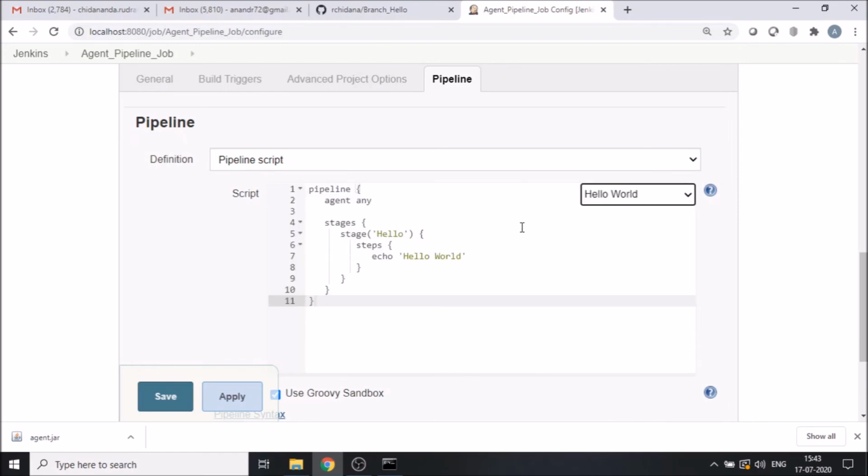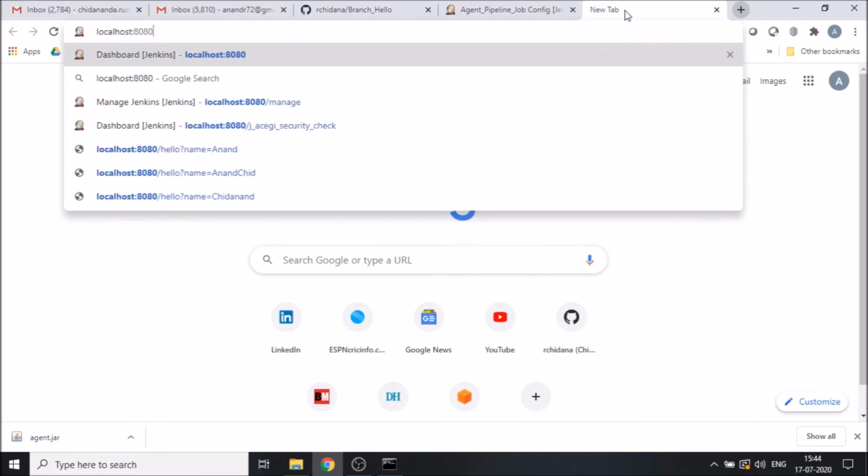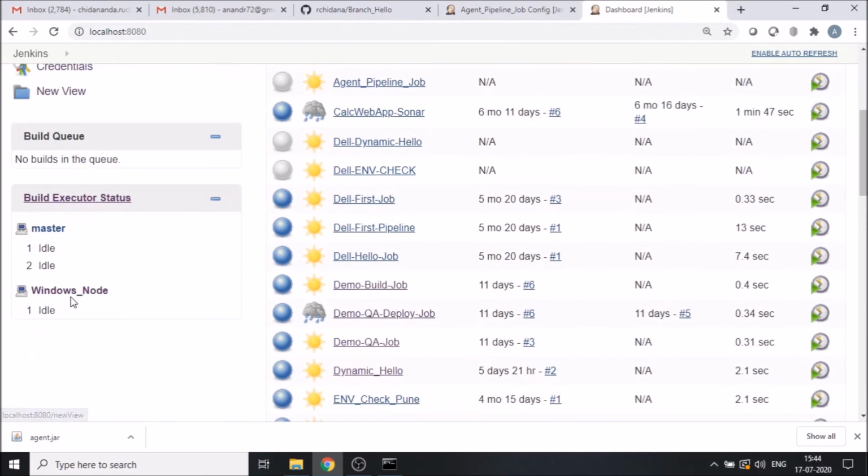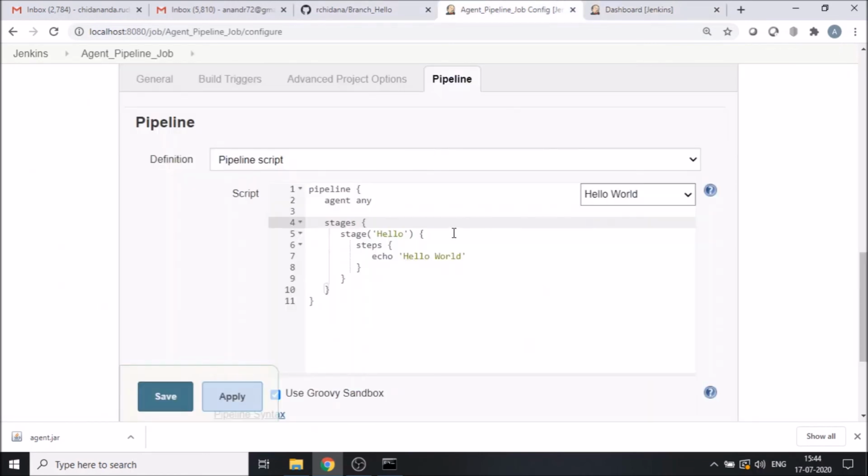So if I run this, this is a simple syntax for running a hello world kind of a project. Now this doesn't have any GitHub repository pull and stuff like that, but this would suffice for us. If you see this syntax here, it very clearly says agent any. In our case, agent any would not help. We specifically want an agent, and the agent name is Windows underscore node. So instead of this any, I want to replace it with curly braces